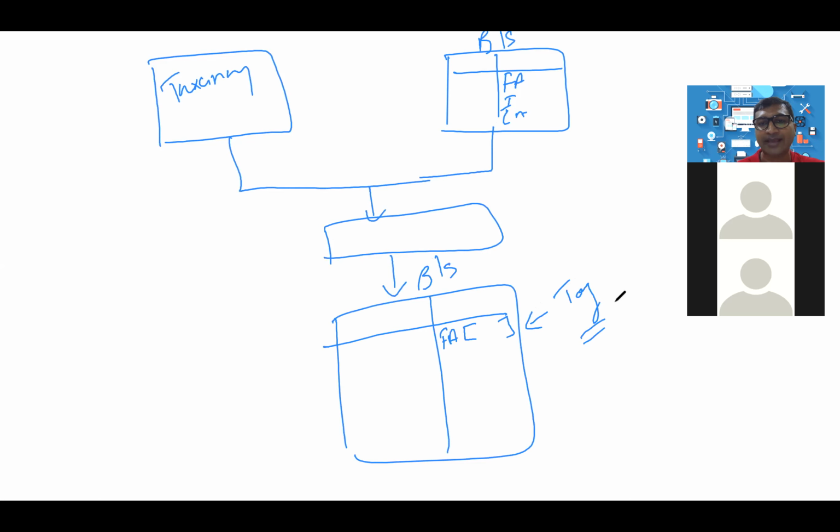This is what is known as a tag, and this tag is nothing but the common word from the taxonomy. Remember, a common word from the taxonomy, an accounting word. Okay, and this process is known as tagging. In this process, every word which is appearing in your report will have that